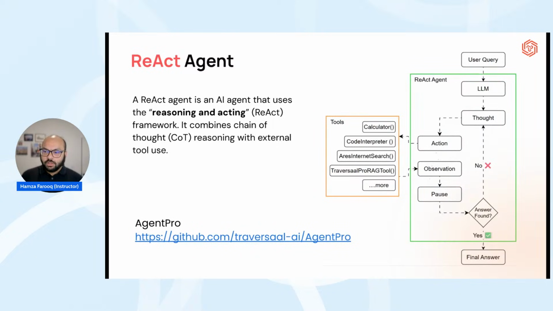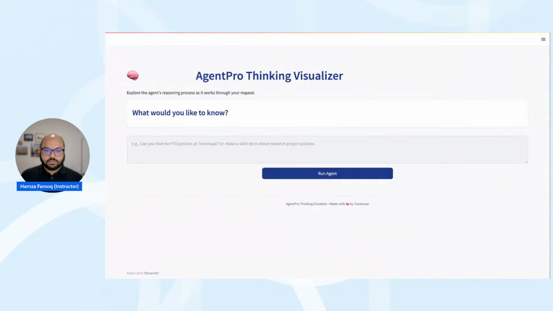I would like to show you a working prototype, and we will go deeper into how to implement this. This example is of the Agent Pro that I showed you on GitHub. This agent has, for instance, 2 or 3 different tools available. The first tool is internet search. The second is the capability to find information from a RAG document. The RAG document that we have is AWS documentation.